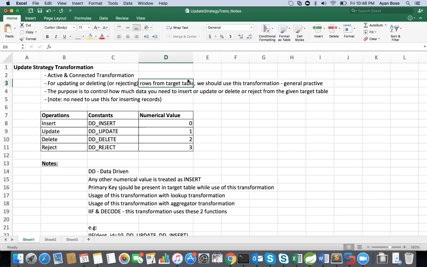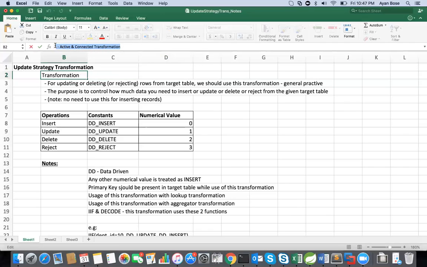So whenever you have any condition of SCD or any mechanism by which you are going to upload data into slowly changing dimension tables, then you are supposed to use this update strategy transformation. As a quick point to note, this is an active and connected transformation. When I say active and connected transformation, this transformation has to be used in a pipeline, and the